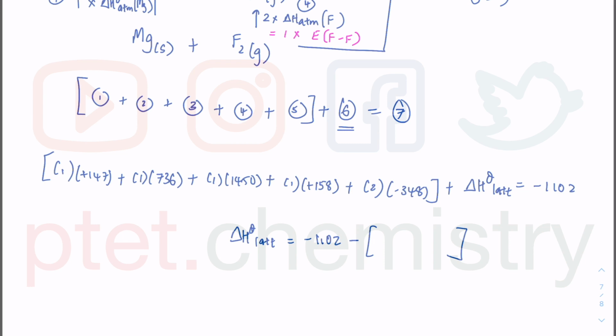Because you're pressing the calculator, make sure you put all of these into this bracket here, and it's a minus the whole thing in the bracket because you move the whole thing to the other side. Instead of rewriting the formula, you can do your calculation and put it in there, and you will get 1795. So pop that into your calculator. Overall, you get your lattice enthalpy to be